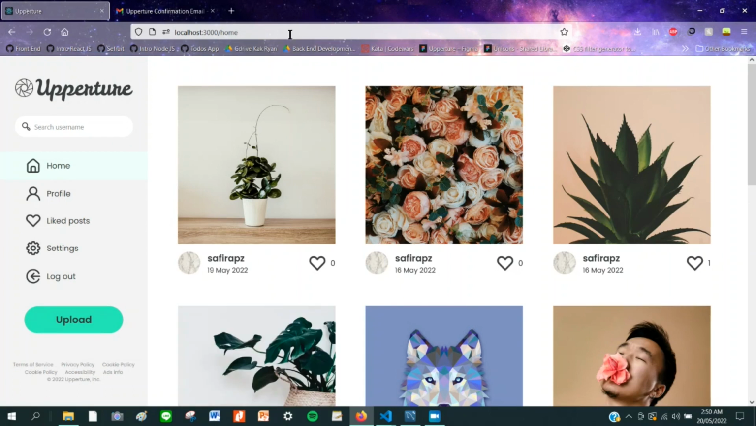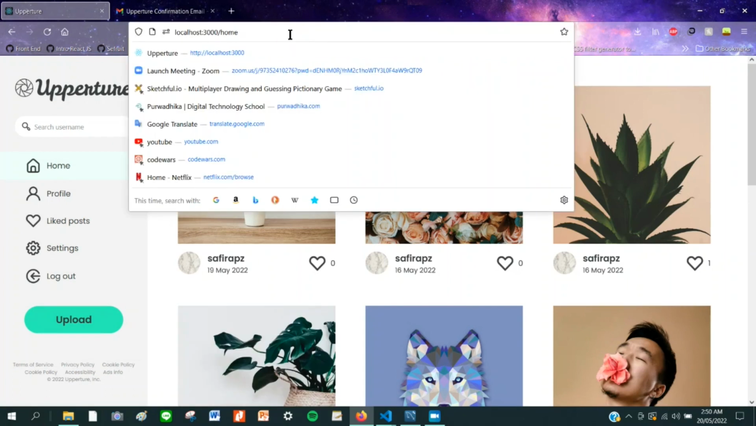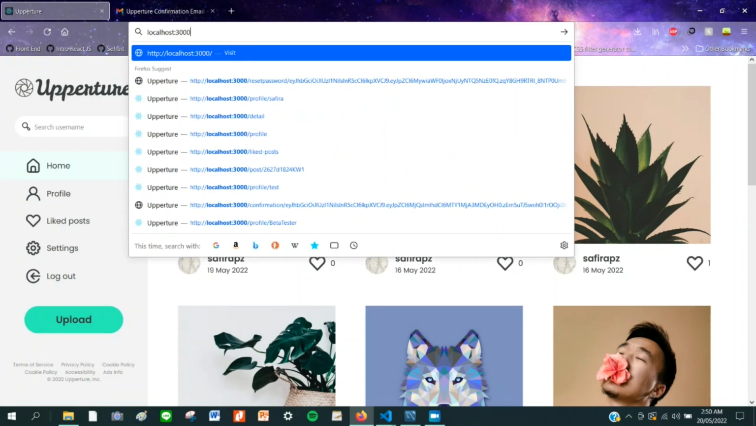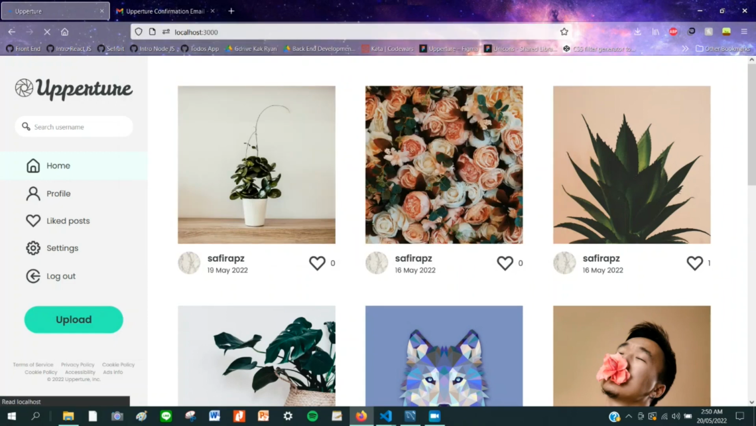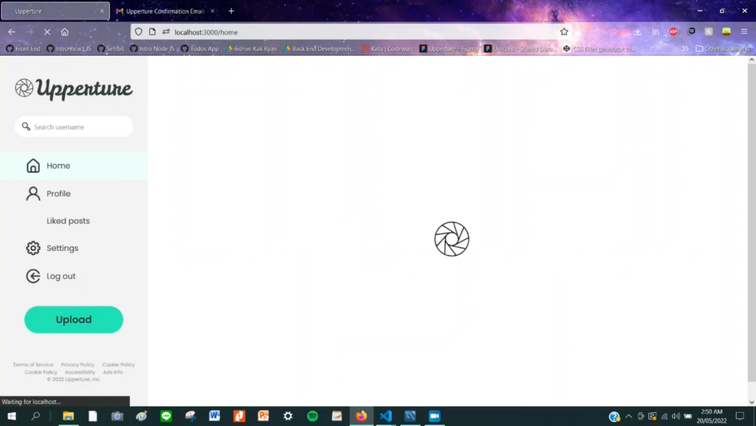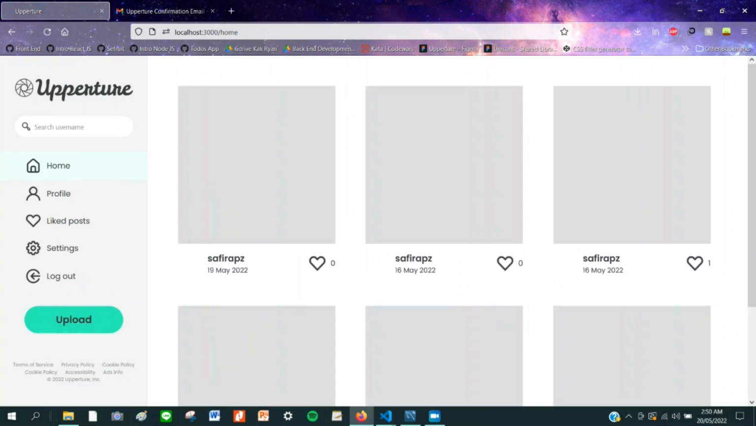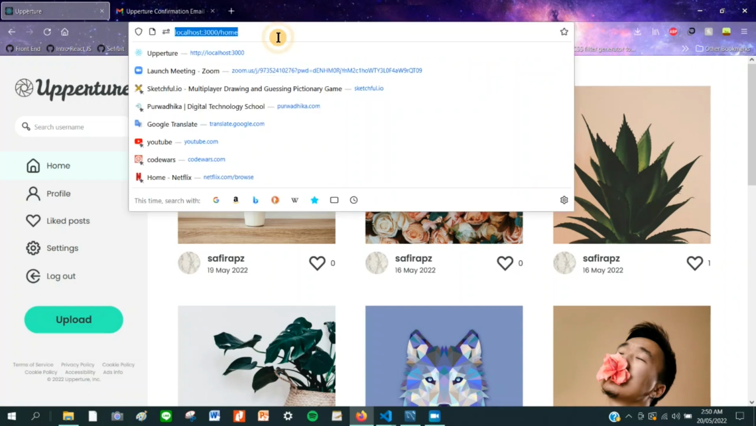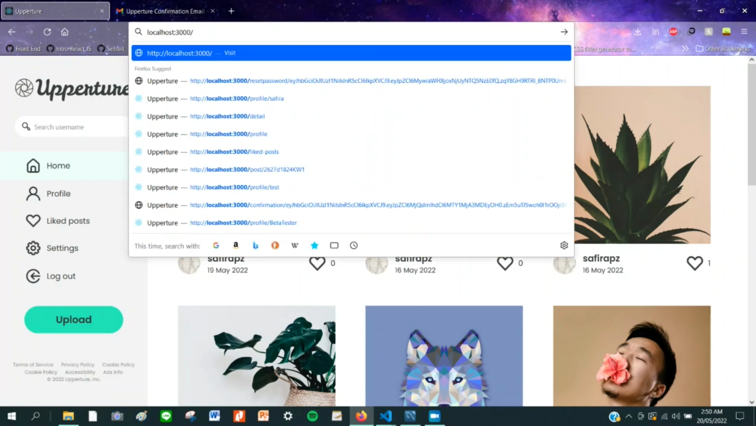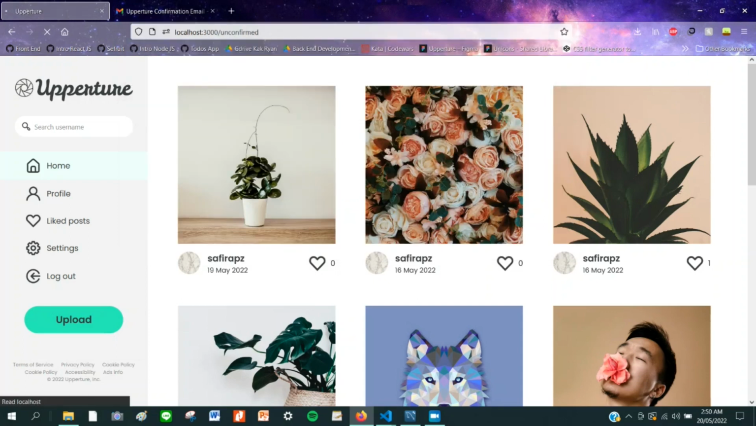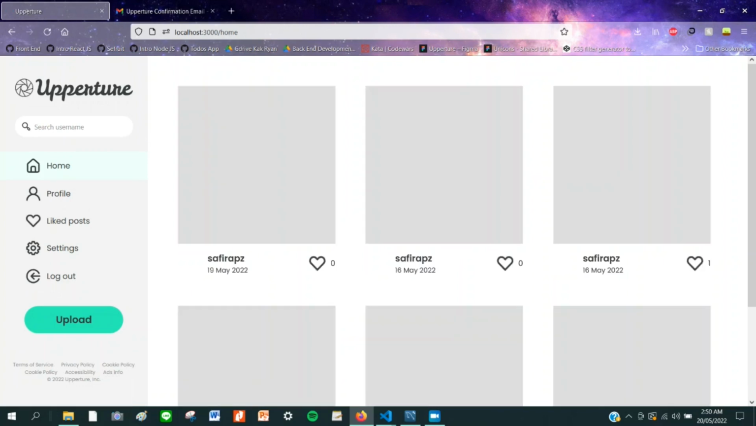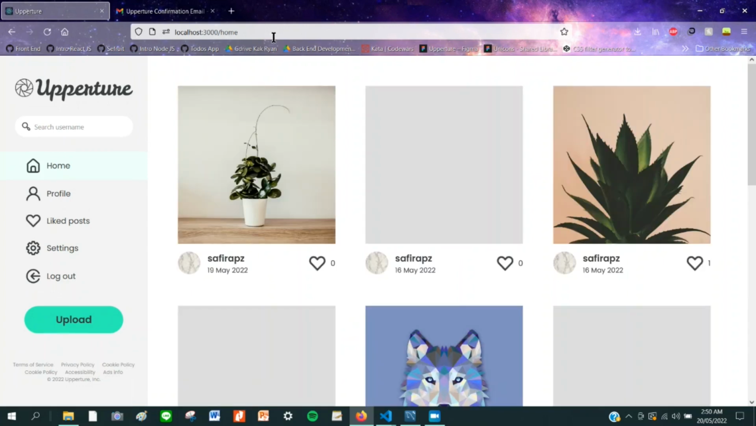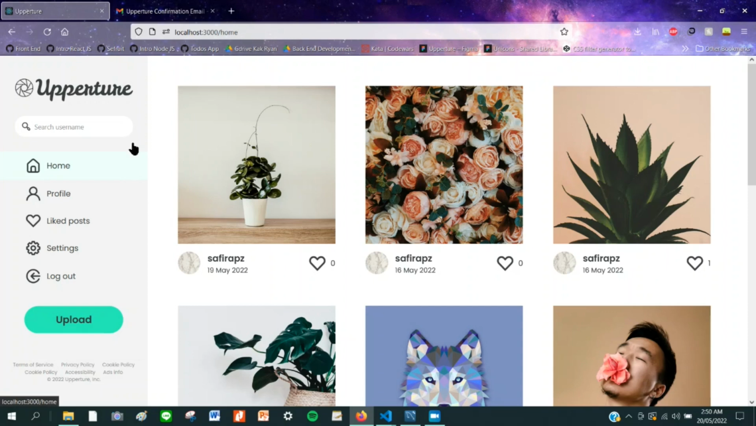Let's try going back to the landing page manually. And we can't because we are logged in, so that page is protected. And let's try to go to unconfirmed, and we also can't because this account is confirmed. Now let's try logging out,